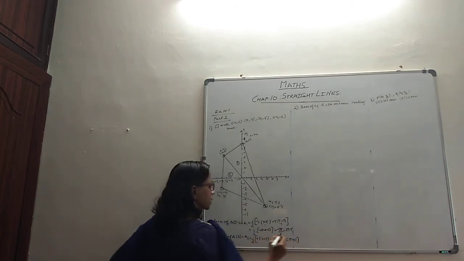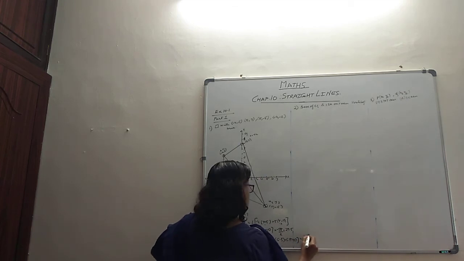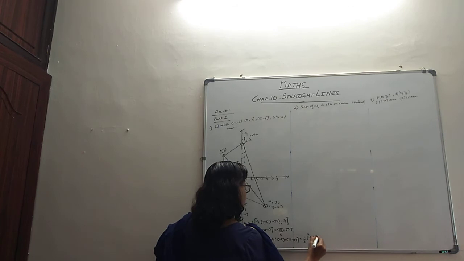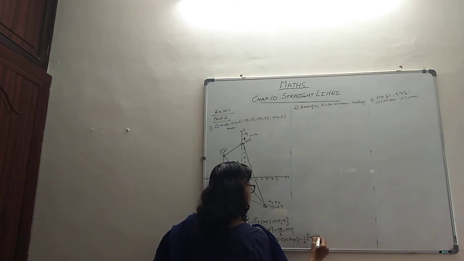Let's see how this is coming. It is half times minus 4 into 3, then minus 4 minus 10 plus 40,